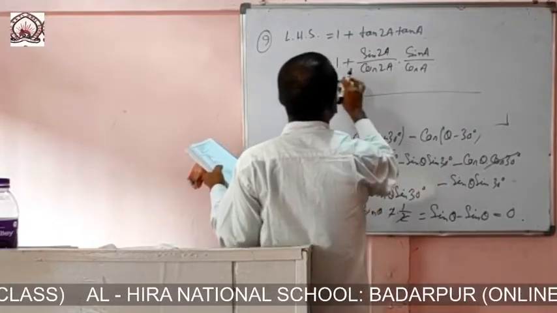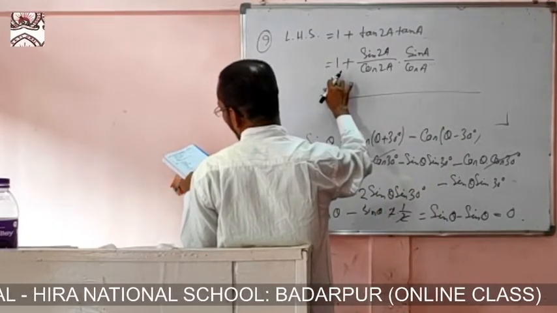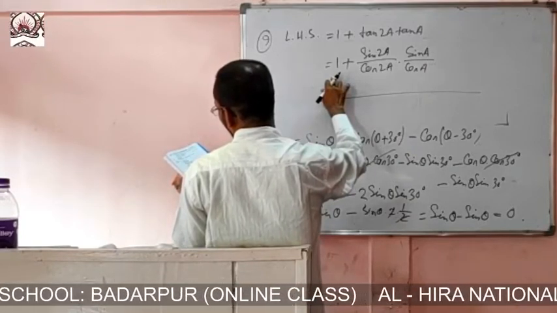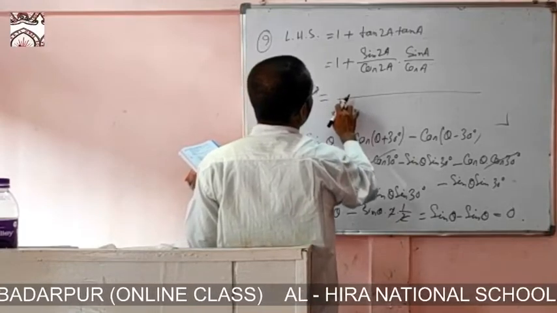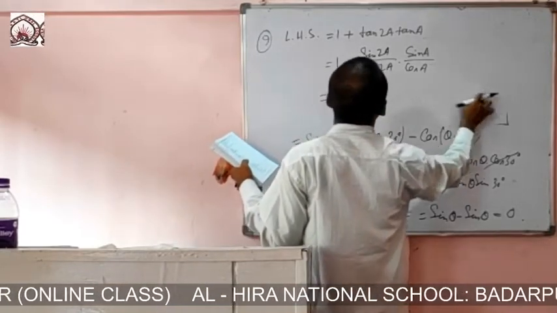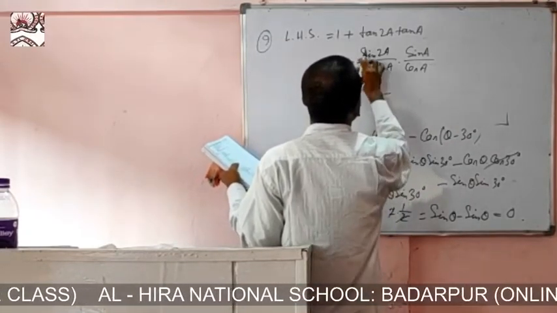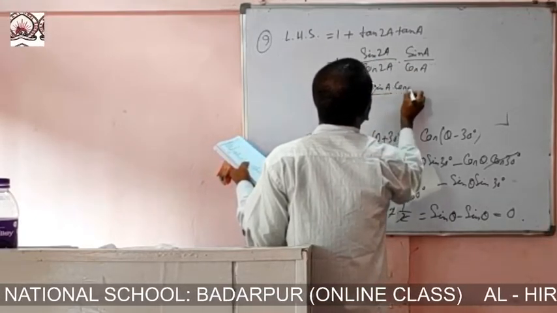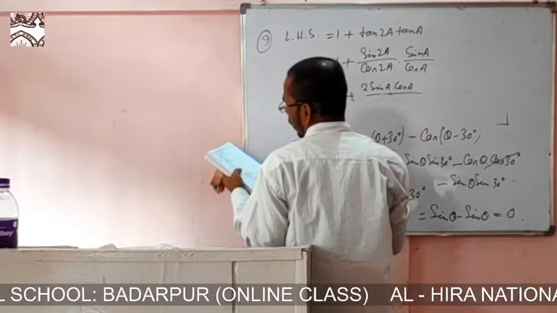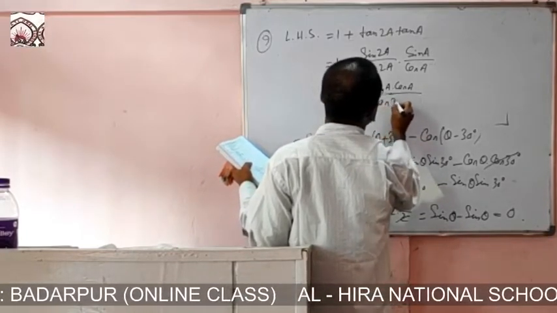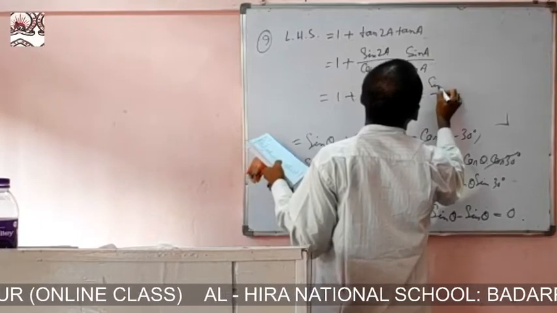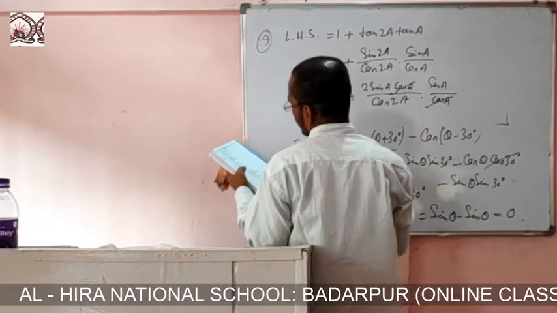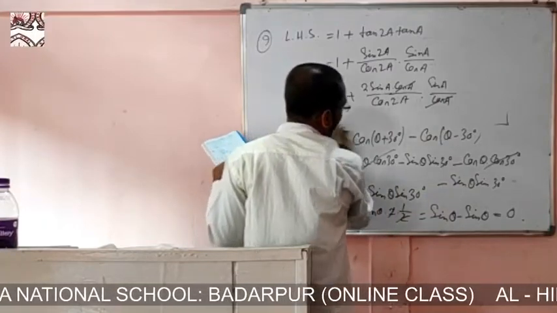Now taking LCM, 1 plus, we can break by formulas also. Sin 2a is twice sin a cos a, by cos 2a remains the same, and then sin a by cos a, and cos a cancels, so remaining will be